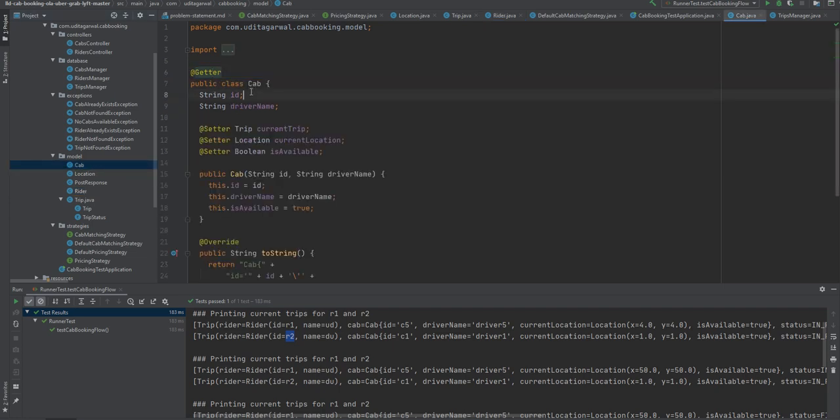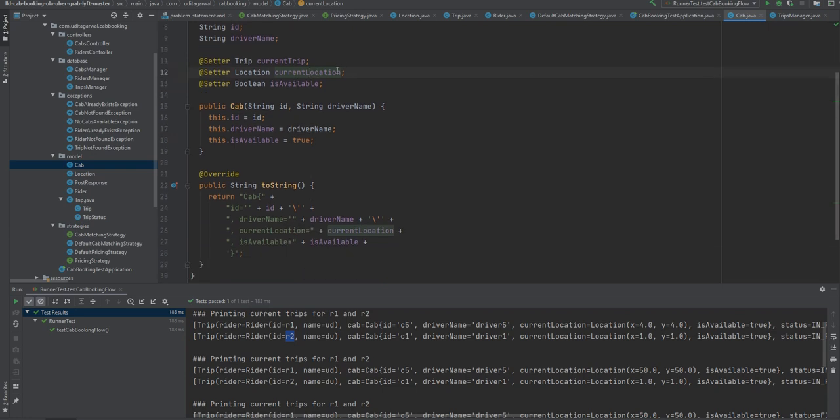For the cab, these two things are not mutable, so we have not created setters for them, but other things are changeable. A cab can change its trip once it creates a new trip. A cab can change its location and its availability, so those things become mutable.